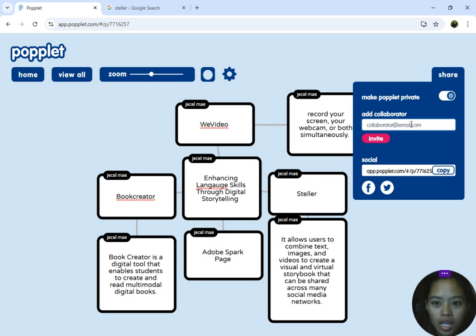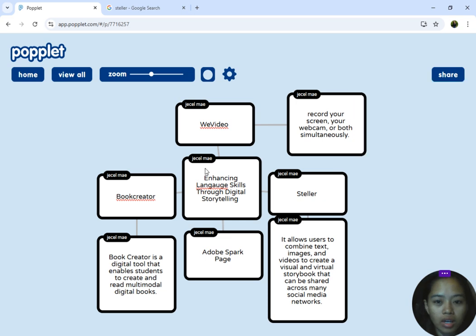And here in collaborator, at email.com, we can put the email of our friends or our teachers, and we can share our work in which we are putting a tool enhancing language skills through digital storytelling: WeVideo, Book Creator, Stellar, and Adobe Spark Page.